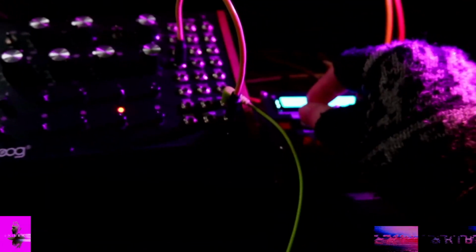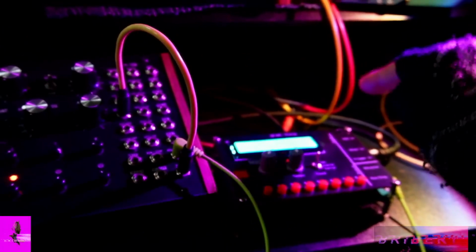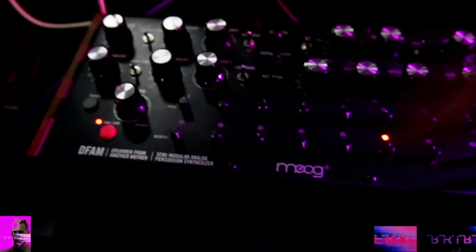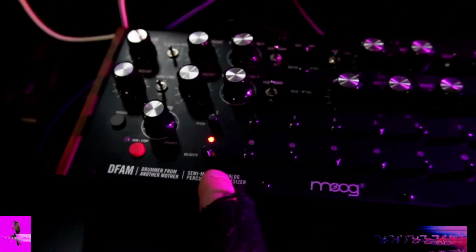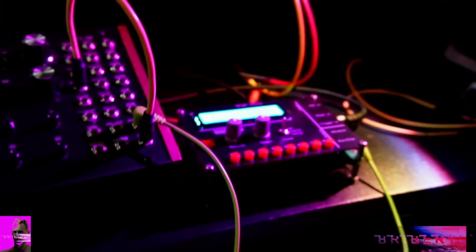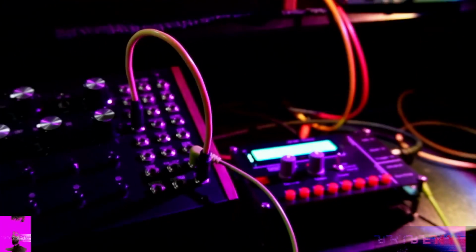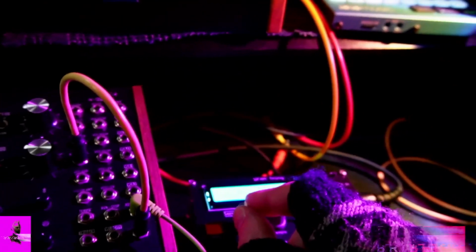DFAM in reverse. Let's go back to normal mode. And still synchronized. This also has an align step 1 function, which I did before I started this video. DFAM users would know that the only way to synchronize this device is to switch off the sequencer, page through until you get to step 1, if that's what you want to start on, get it ready, and then hit play on your sequencer. This DFAM thing remembers the position that it's at via MIDI clock, at least I think that's how it does it, and it requires you to create that initial step 1 point to begin with just by going to this thing that says align step 1, click it, and now...